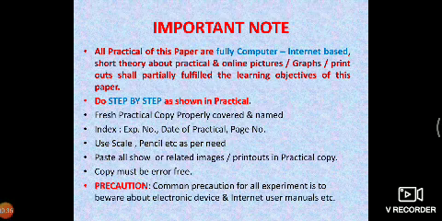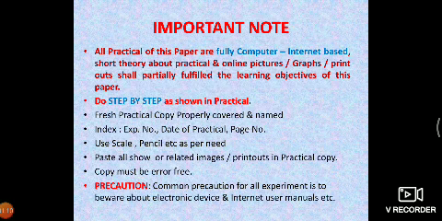See, there is an important note regarding this video on practical. Since the paper name is genomics and proteomics, this is fully a computer-based, internet-based, or online platform-based practical.